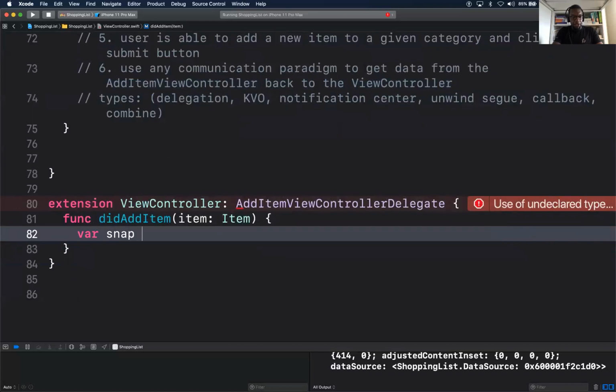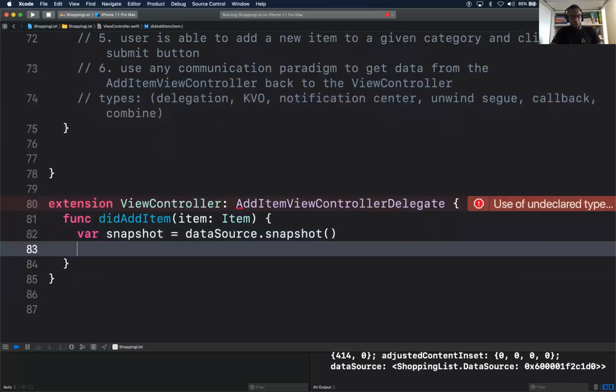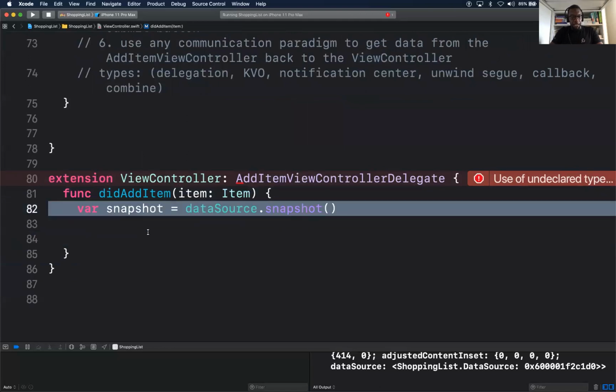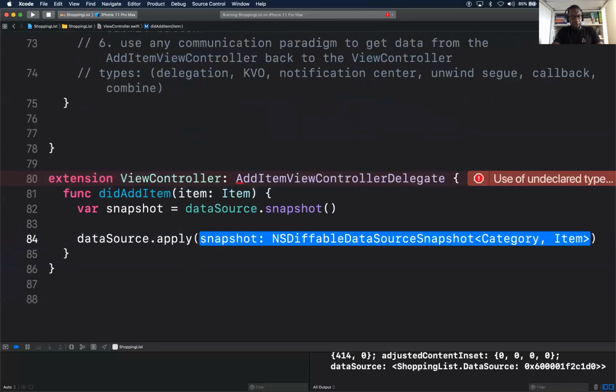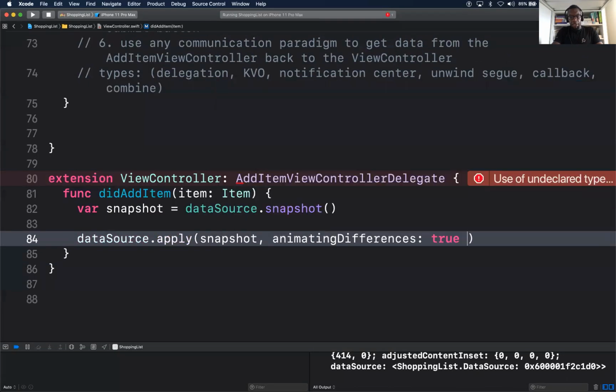I'm just giving us some hints here. Snapshot, then I would say my data source, get my snapshot from the data source. Get in the habit of the minute you do this line, just go ahead and also do the apply line, snapshot. You probably want to have an animation happening.